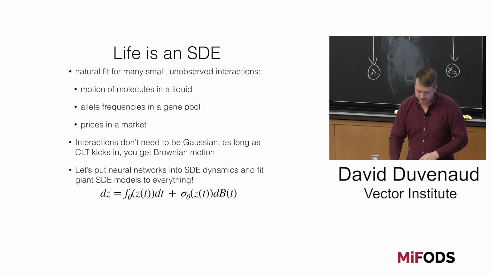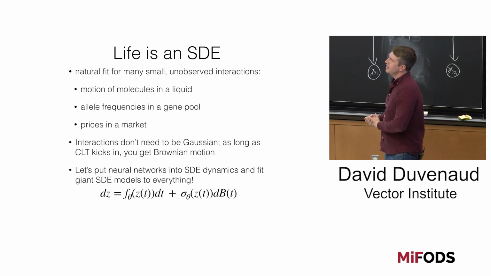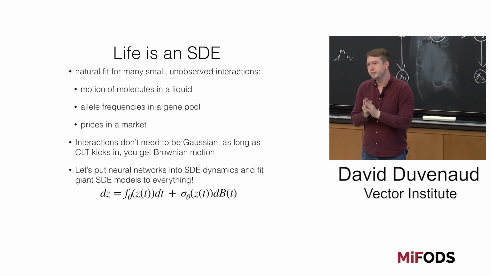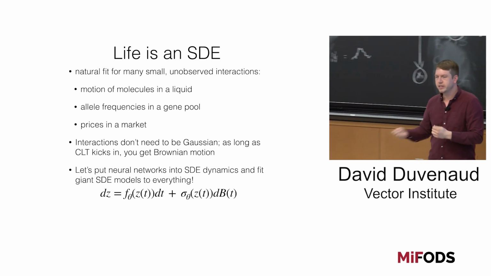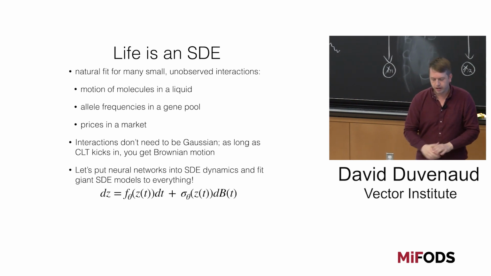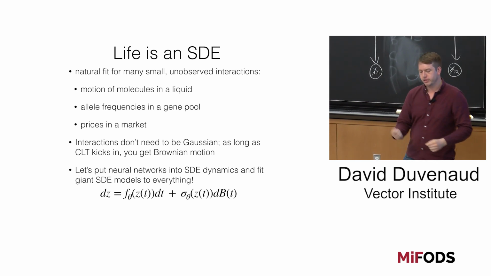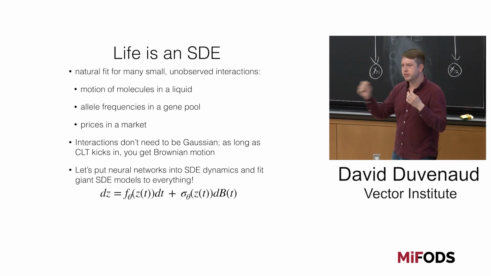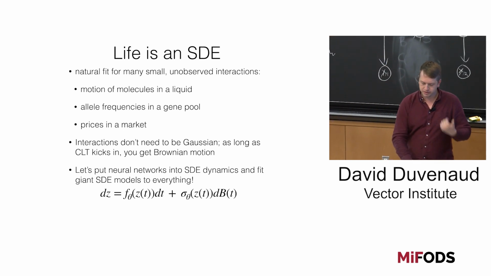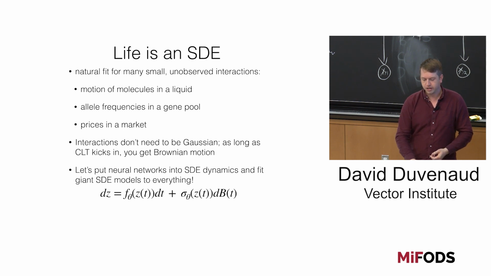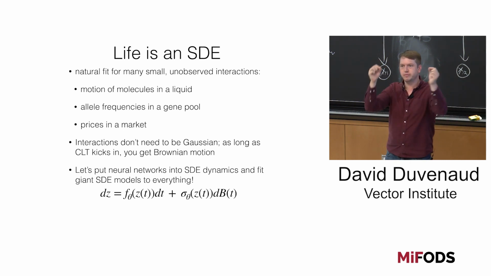All right, so let's turn this into an actual model. One thing I want to mention is, this SDE might seem weird, with this Brownian motion. It might seem like a very specific way of modeling things, but I'd say it's actually a very general way of modeling things. In particular, it's a natural fit for when there are many tiny unobserved interactions in a system that we just don't have the brain power to model directly. The original Brownian motion was from the motion of molecules in a fluid being hit by millions of little particles.